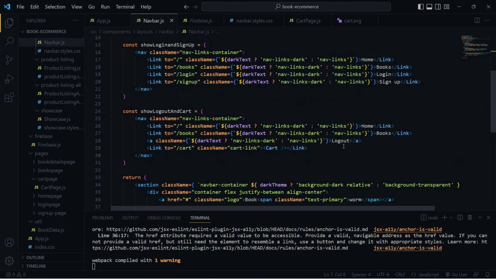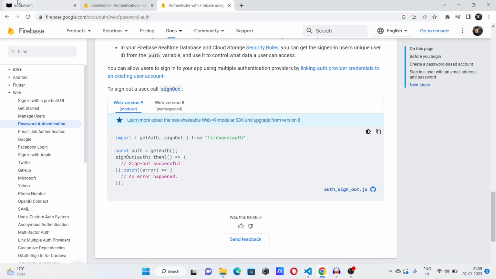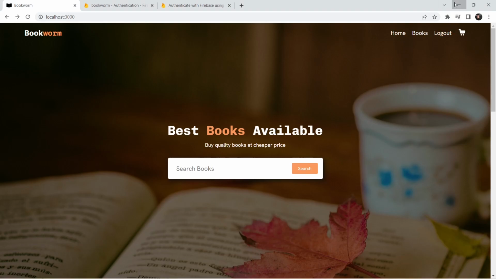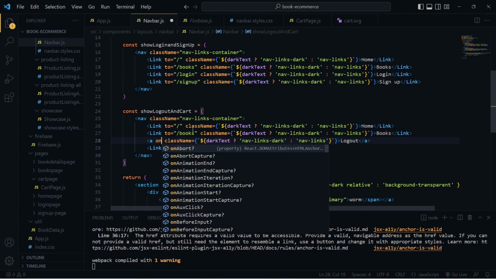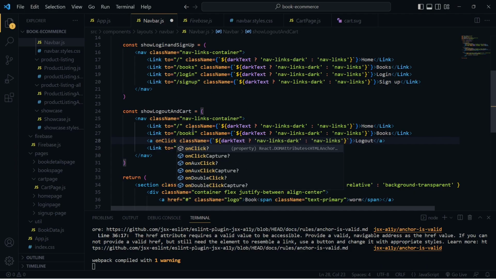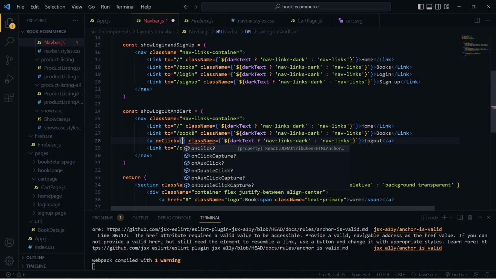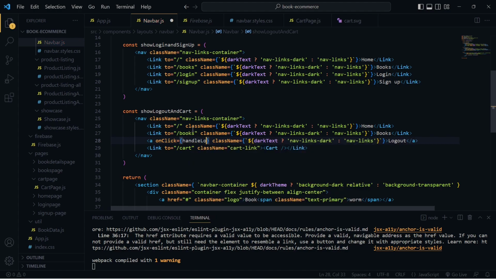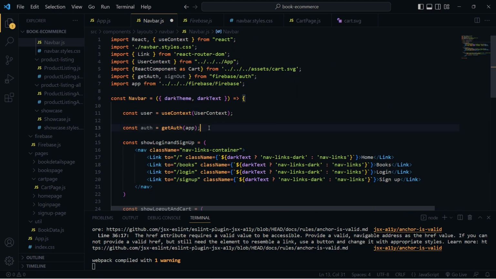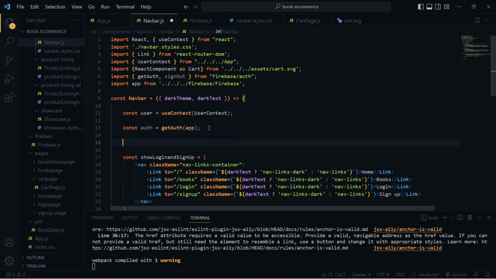Let's go back to our logout and see if our anchor tag works well. Okay, nothing wrong with it. And here let's add an event handler, onClick. So basically when you click on this logout link, we are going to handle logout. Handle logout is basically a function, so let's build that function over here. Let's say const handleLogout is equal to,